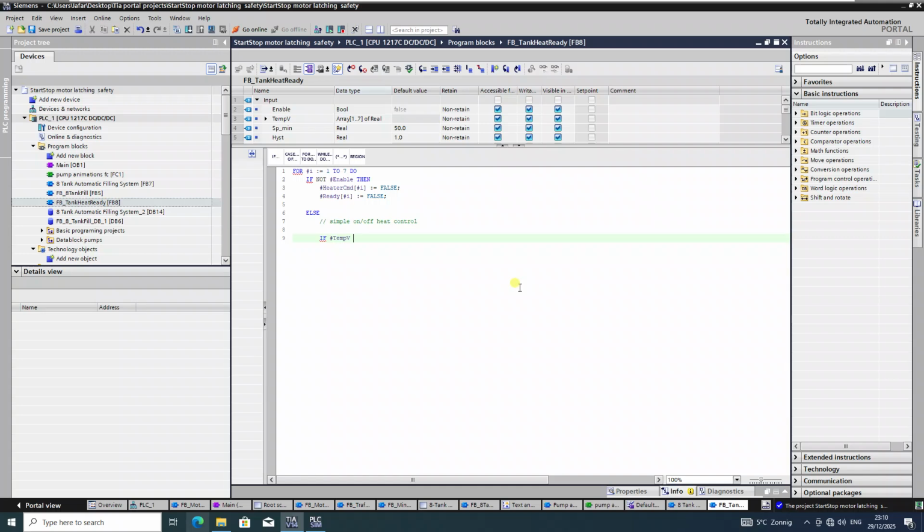And now if temperature V I, oh, to minus S, I think SP min, yeah, minus S. Okay, let's do it then. Heater CMD I equals to true,